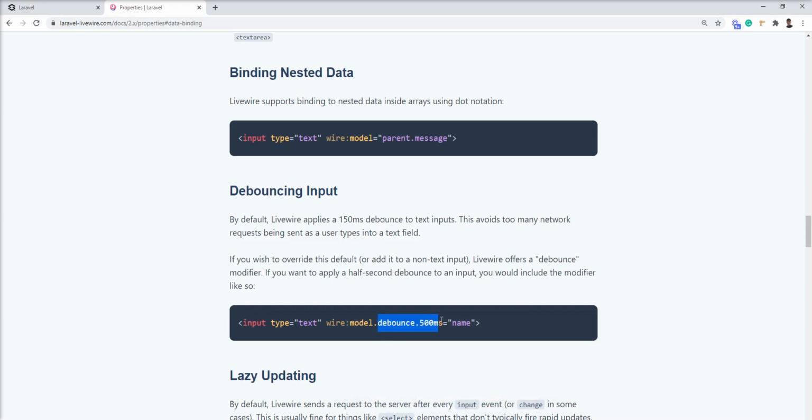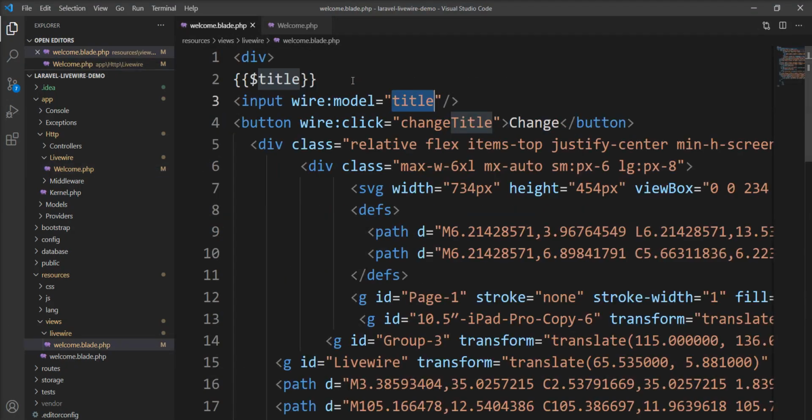So let me specify debounce with the time using the dot operator. You need to specify model dot debounce dot milliseconds. I am going to specify 500 milliseconds.